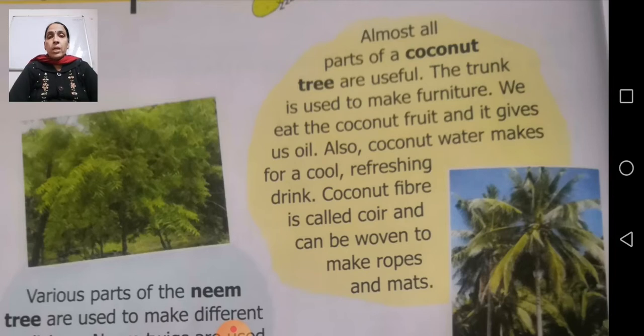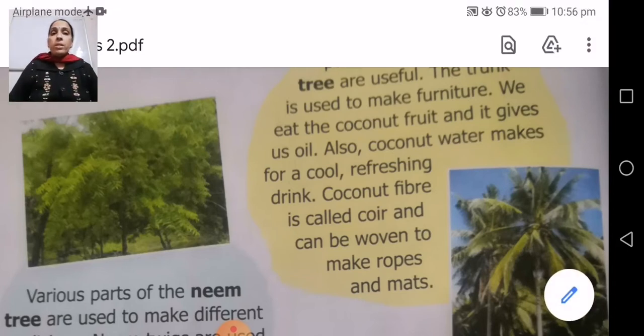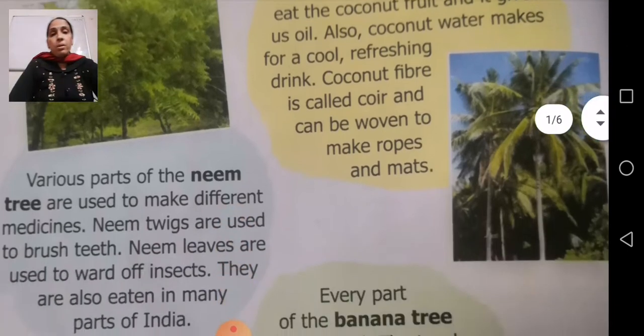So that is again an important function of the coconut tree. Again coconut is an important part of your dry fruit also. And by drinking this cool and refreshing drink of coconut water, there is a chance that if there is any infection in your body, it can be killed, and your body will become more strong to fight all these things. So this coconut tree is again an important one. Coconut tree is very important, that you all will remember.